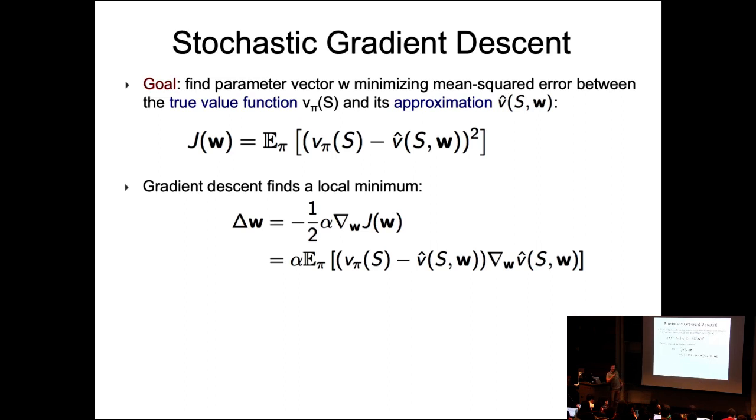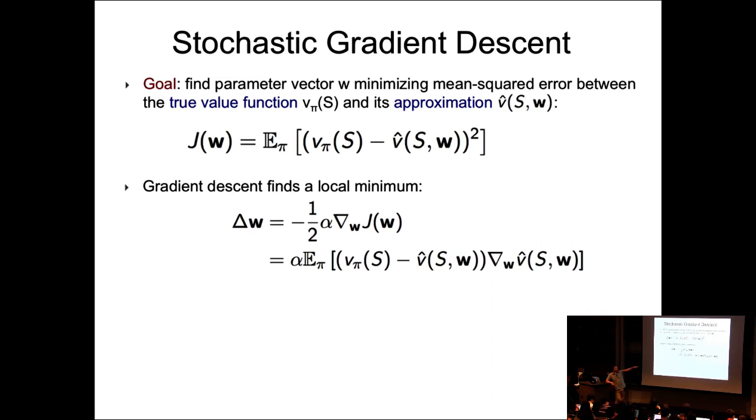Now, there is something tricky in this particular formulation. And we'll come back to this: in general, you don't know what the value of the function is. If somebody told you what the true value of the function was, then this becomes almost like a supervised learning algorithm. I'm trying to estimate the value function, somebody tells me what the true value function is, and I'm just doing regression. So we'll come back to that later.